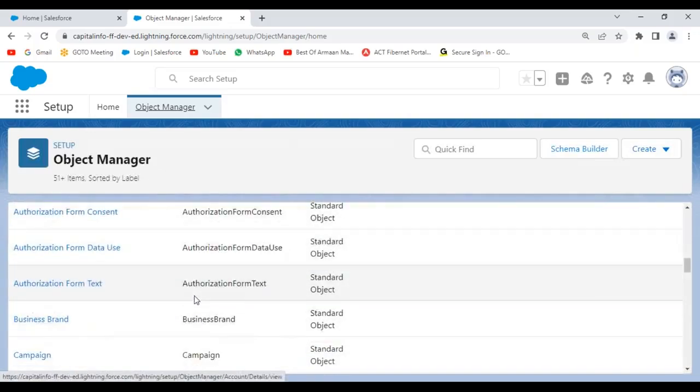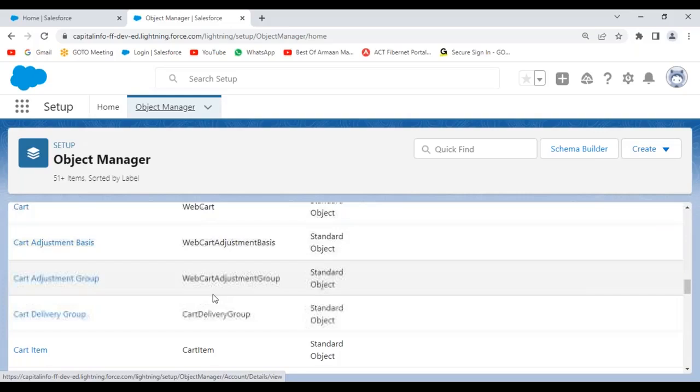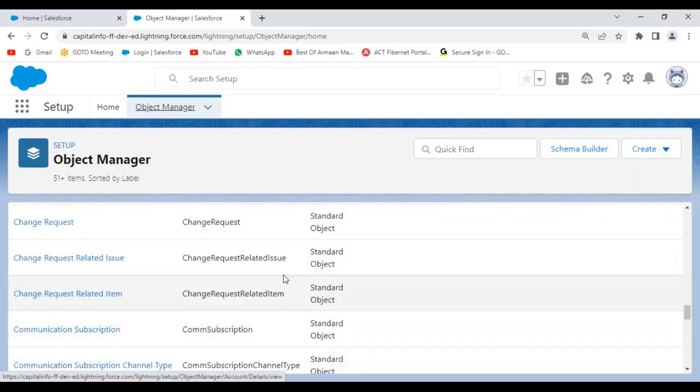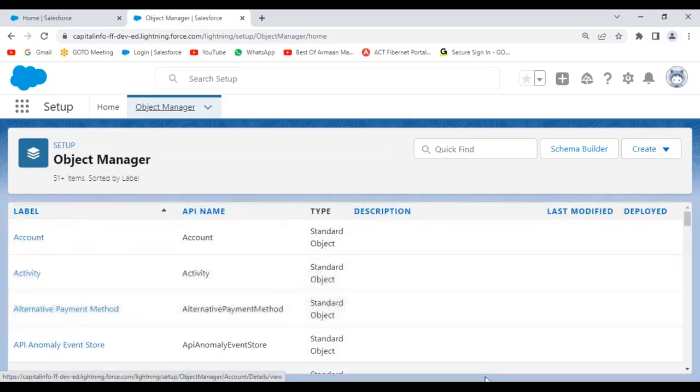Now here, these are the various objects available. We can see all those standard objects available inside my Salesforce org, including custom objects also, whatever we have created in the past. But till now, we haven't created any object. Just now we are discussing the objects feature. Clear? Now, this is the first way. Second way,